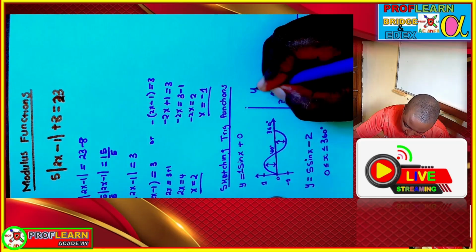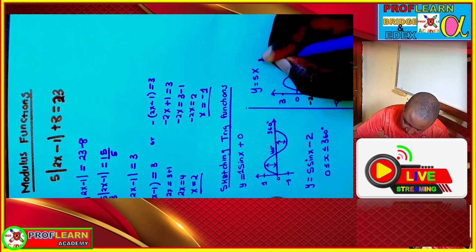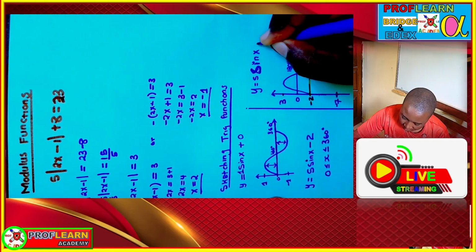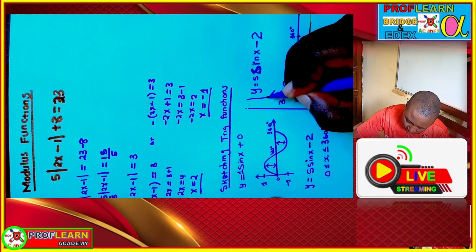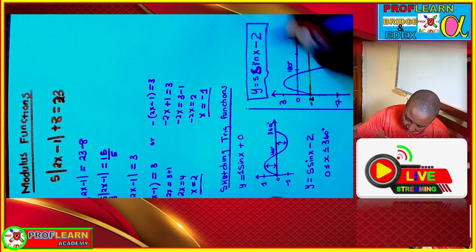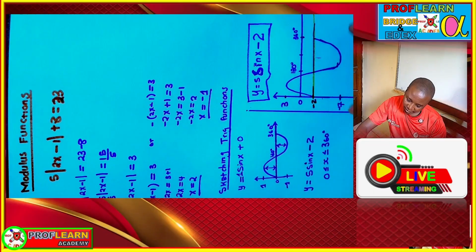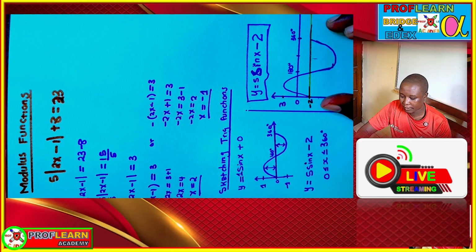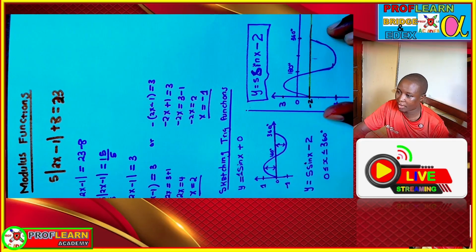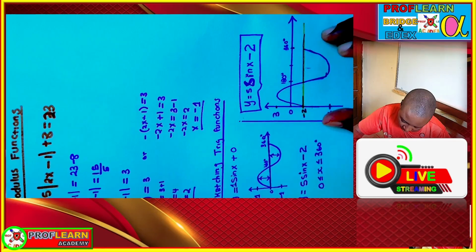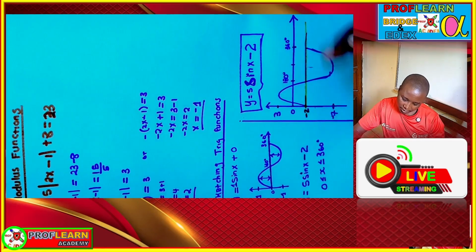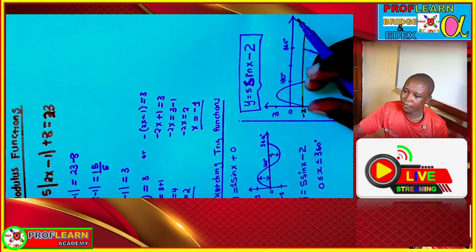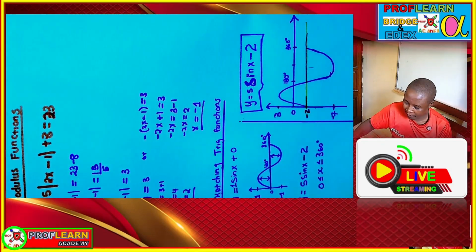And the graph that we have drawn is y is equals to 5 sine x minus 2. The -2 means the graph has been translated 2 steps down on the y-axis, has been shifted down 2 steps, and this 5 means the amplitude is 5. Y values have been stretched by scale factor